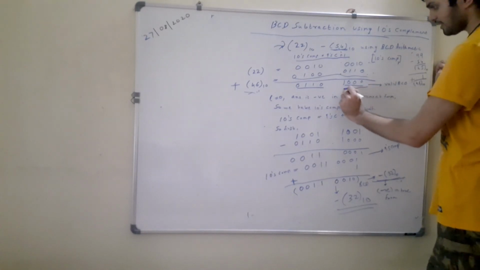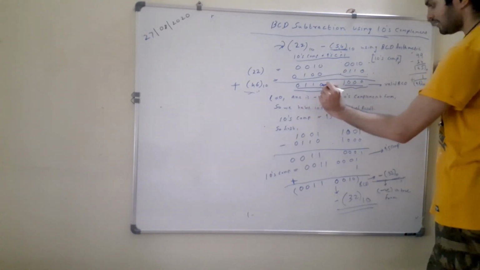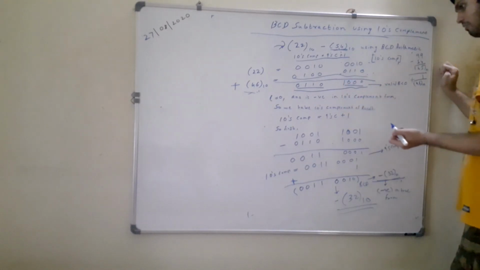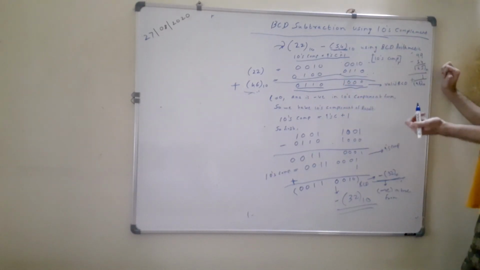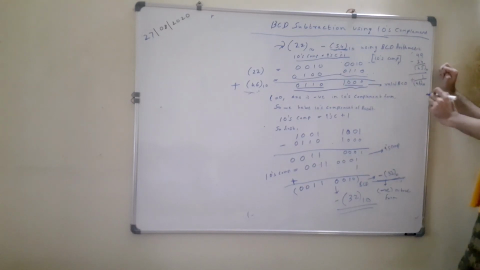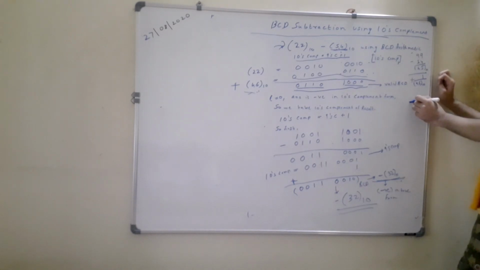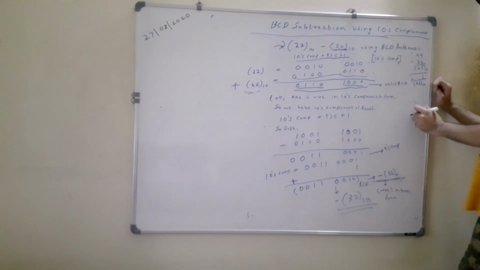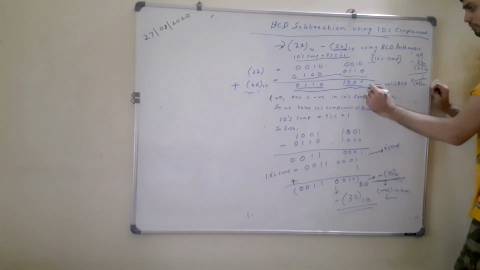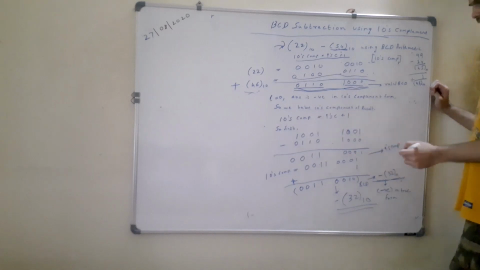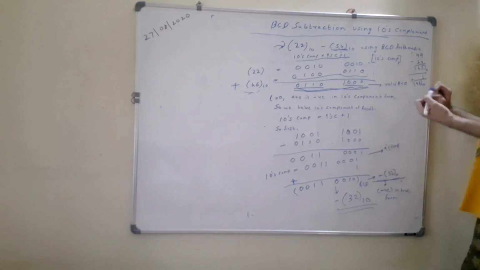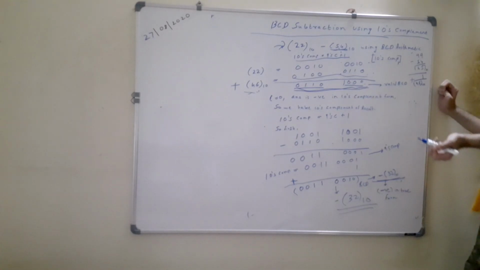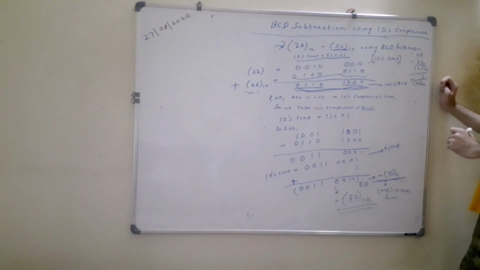So from the result itself, we come to know that it is 0110 and 1000. After the result of this addition, we come to know that carry is 0. So we say the answer is negative and it is in the tens complement form. But we don't want our final answer to be in tens complement form. We want the answer in its true or actual form. So in order to obtain the result in true form, we will take tens complement of the result. But again, how will you take tens complement of this BCD result? We will first take 9's complement of the BCD result and then simply add 1 to it in order to get its tens complement and the final result in true form.